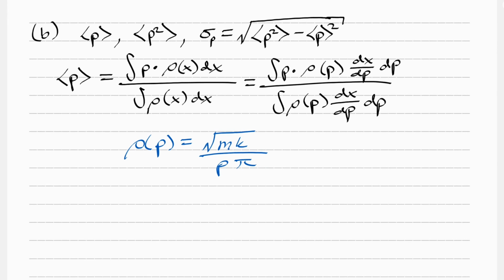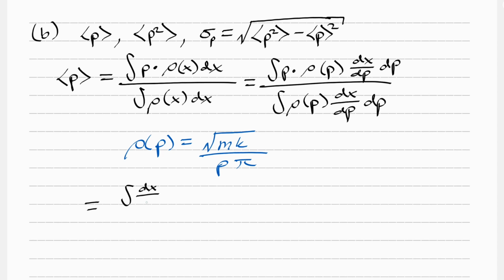So this is equal to plugging this into rho of p. You see that in the numerator, the p's are actually going to cancel. And then the square root of mk over pi is going to cancel from the numerator and the denominator. They're both going to have that factor in there. And so what you see is an integral of dx